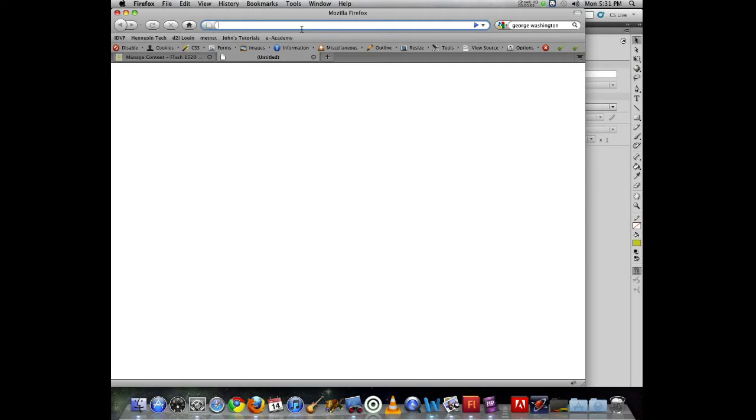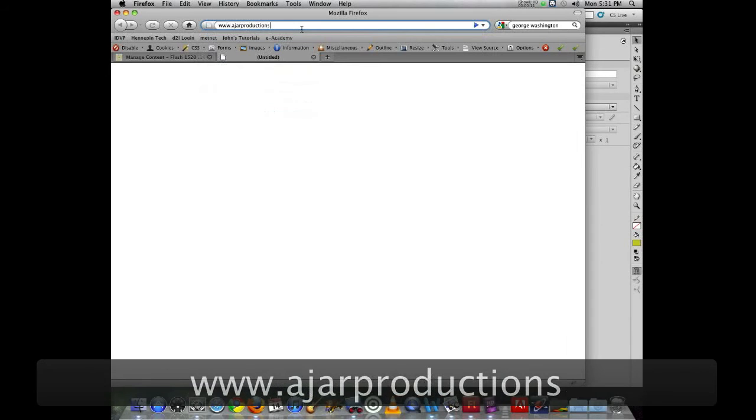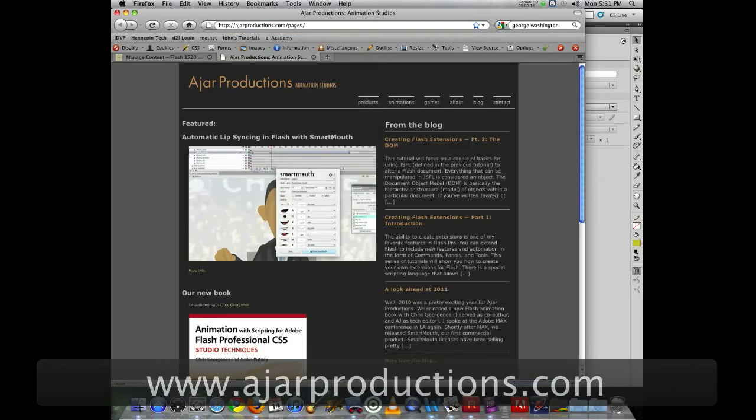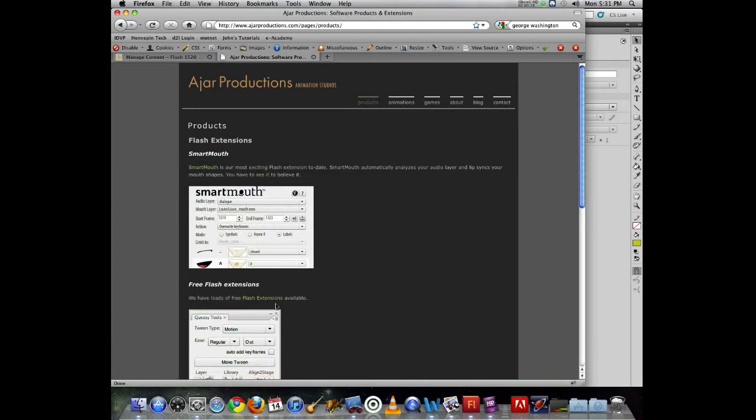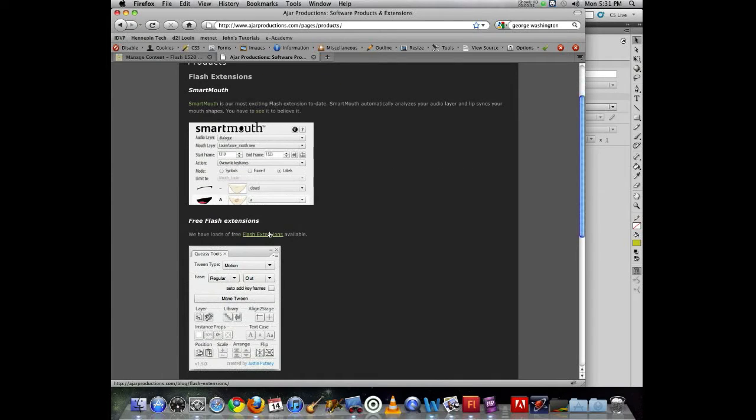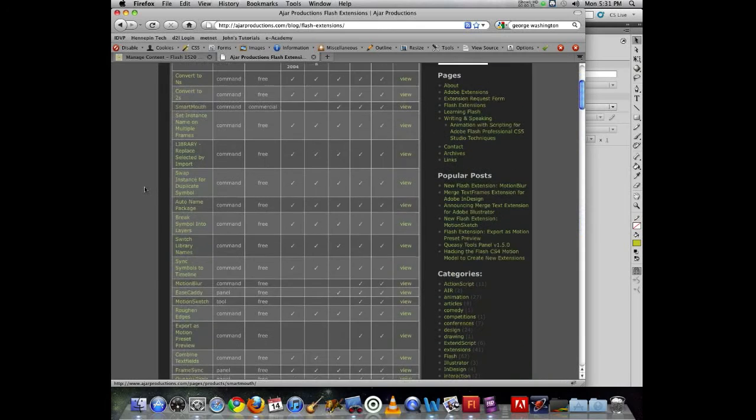So the easier way is to take advantage of free resources that other people have made for us. On the website Ajar Productions, they have produced a number of widgets to help make things more efficient working in Flash and some other Adobe tools. So if I go to Products, I will notice that there's a section called Free Flash Extensions. I'm going to select that, and it will come up with this page where I have a variety of